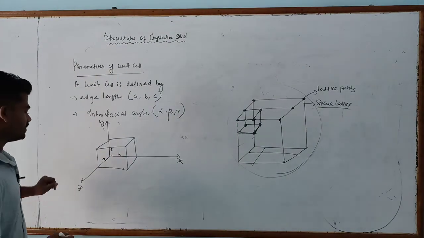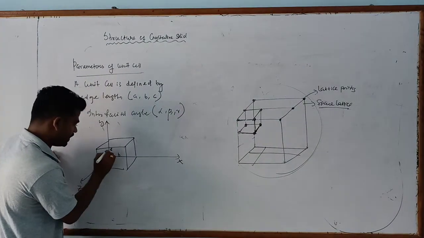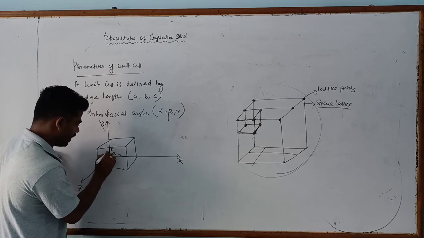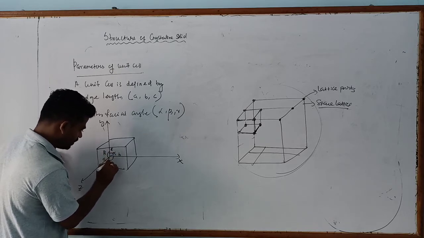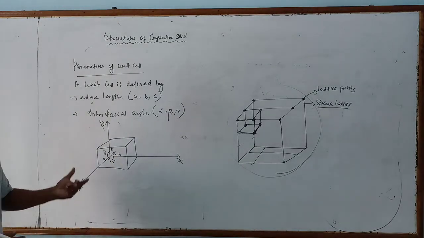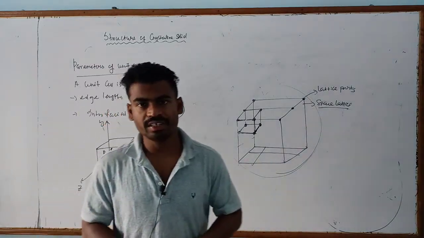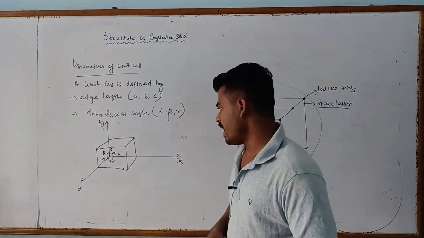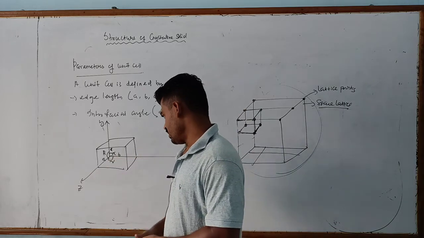These are edge lengths, and if I represent the interfacial angles, this is alpha, beta, and this one is gamma. These are the parameters which define a unit cell,